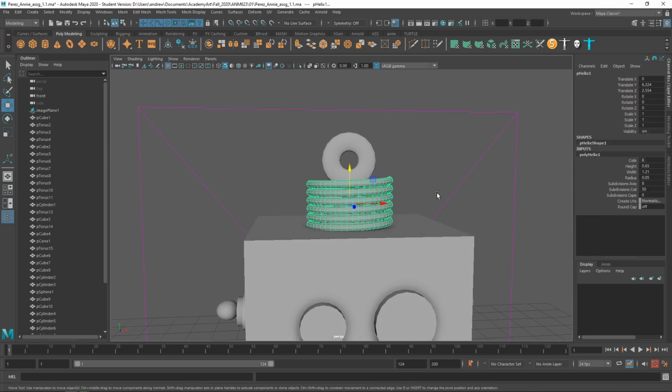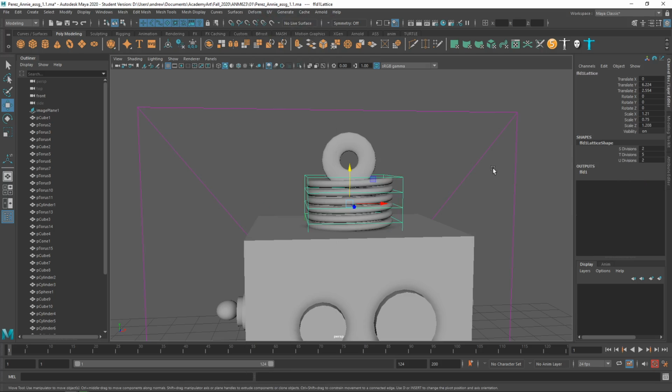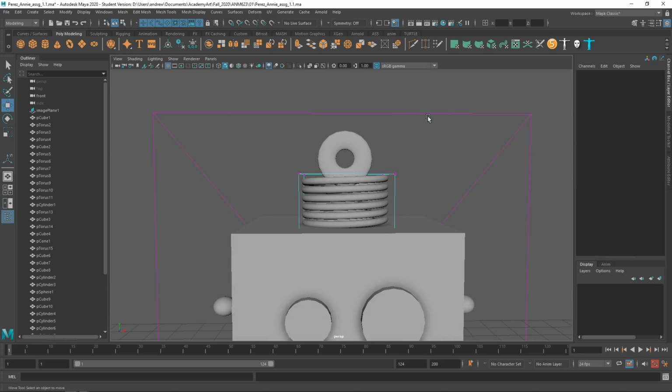And then take that whole thing and maybe put just a lattice on it. And I might actually decrease the divisions here because I just want it to be a triangle. So I change those divisions to 2. Then I'm going to right mouse click, lattice point, marquee select the top lattice points, R for scale, and then